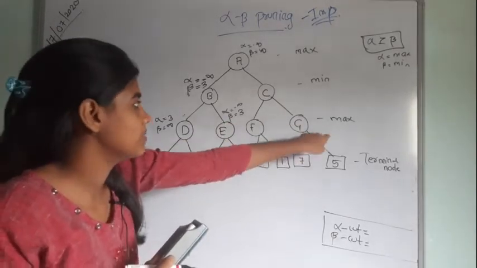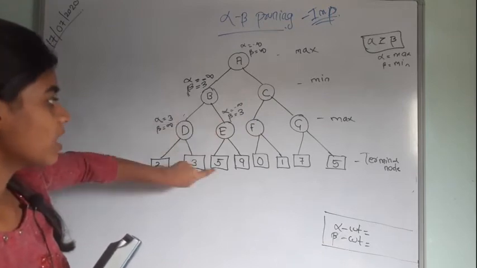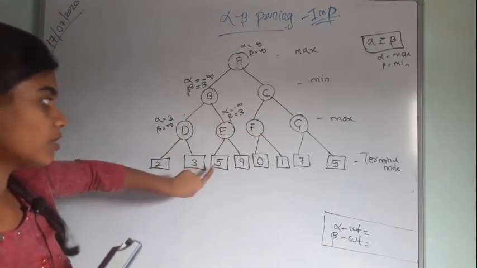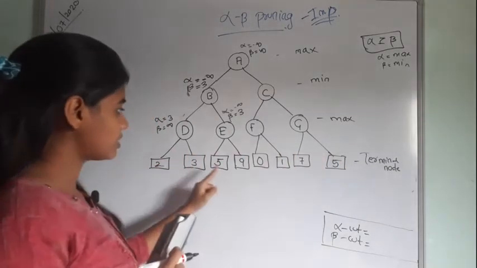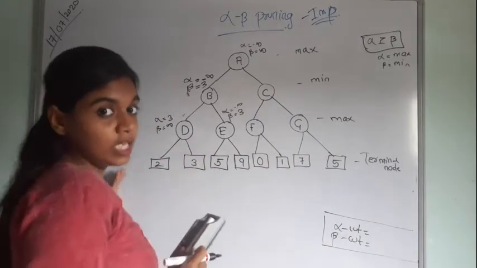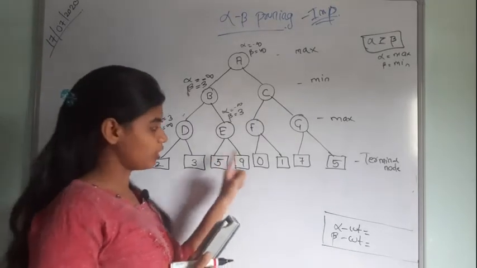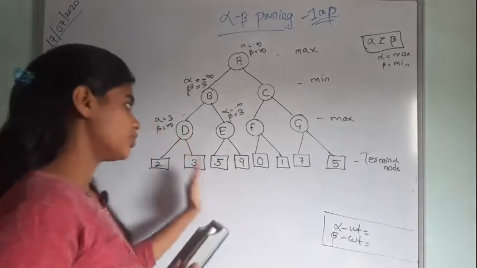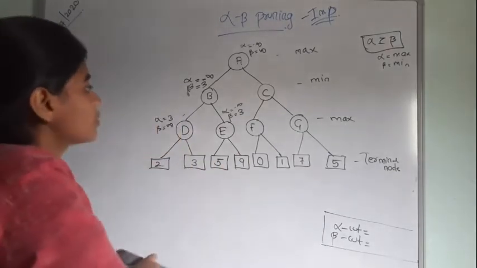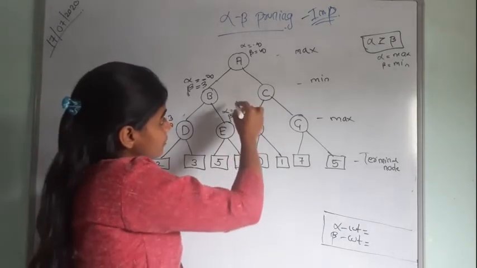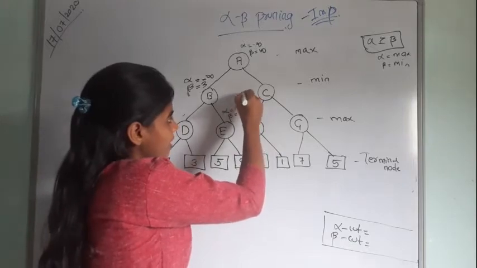Now you can see here alpha is minus infinity, beta is 3. This layer is our maximum, so I will only change the alpha value. Here you must have noticed that 5 is in the left direction, so I will take the 5. You will only traverse in this manner. First you have to take the number in the left direction. You can't directly jump into 9. You must first take 5, then only can you jump into the 9. First the left direction number, then the right direction number. So first I see 5 is greater than minus infinity. So I will cut this and write 5 here.